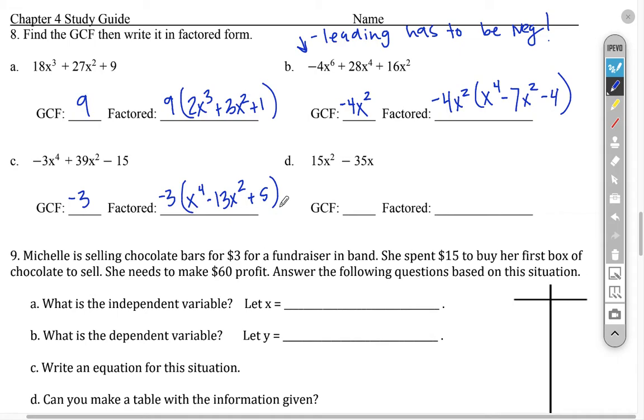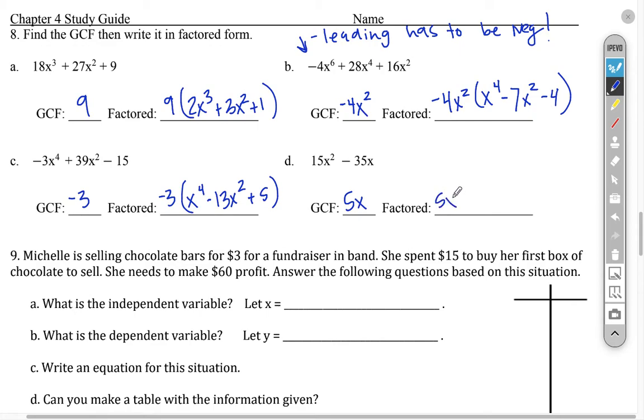Okay, 15x squared and negative 35x. Well, let's look at our smallest number first. 15 will not go into 35, so we know it's got to be smaller than 15. So our next common factor is going to be 5. And so the coefficients factor is 5, but we also have x values in each, so we can pull out